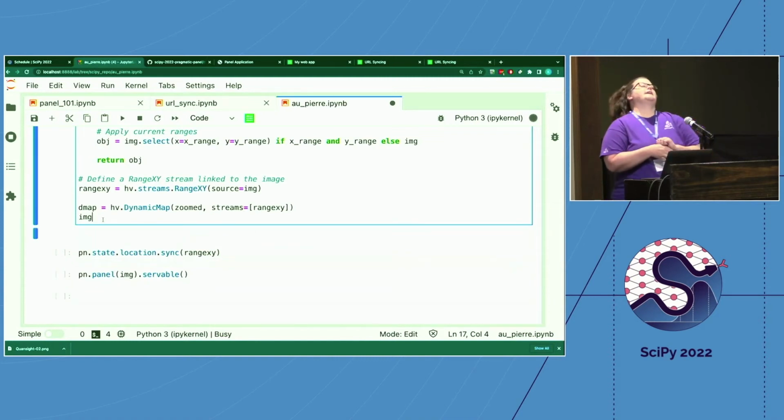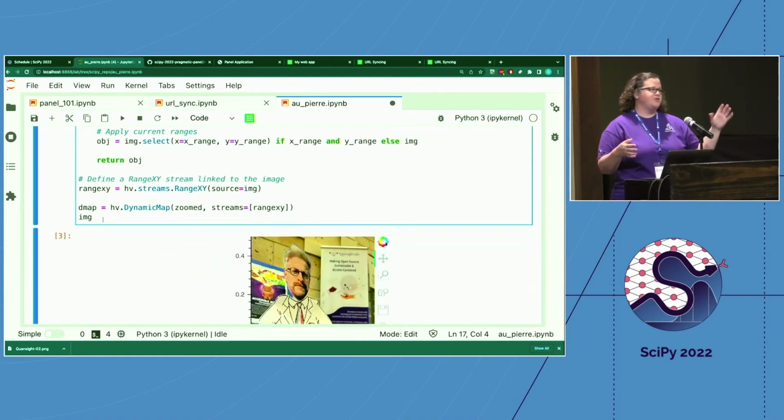We create these dashboards, and you may have a dashboard that has a bunch of widgets on it, and you're zoomed into a certain area, and you've set your sliders and your drop-down menus to select a certain thing, and then you want to send it to your colleague, and you want them to see the